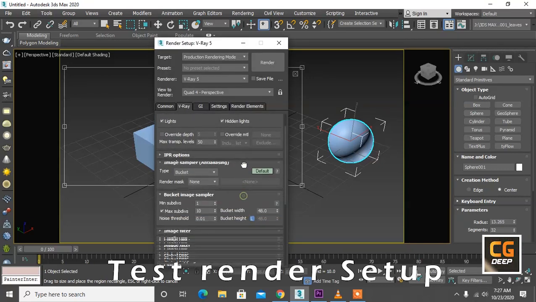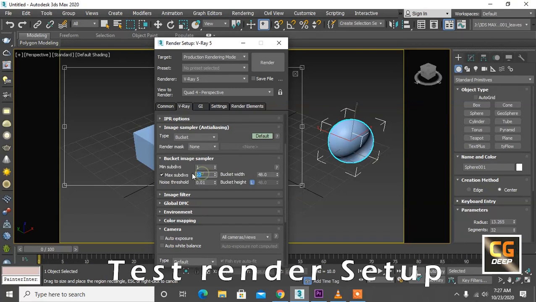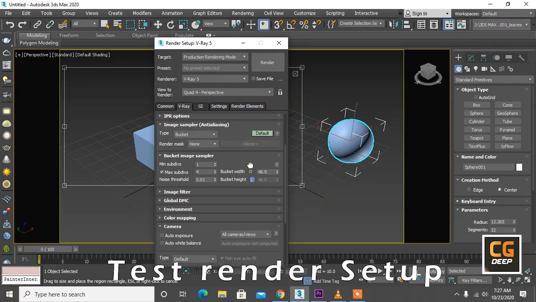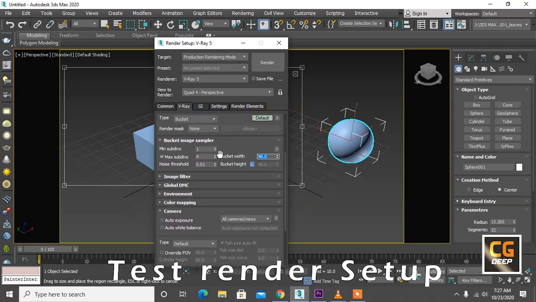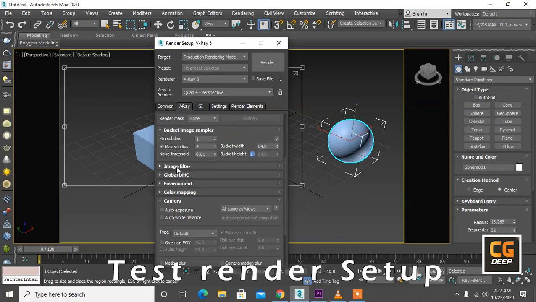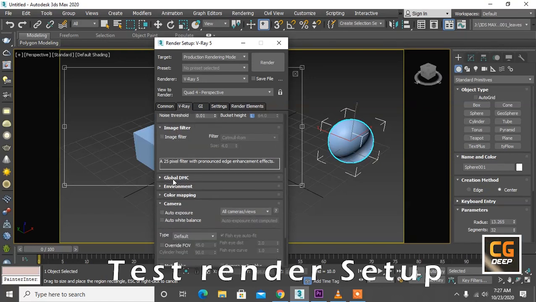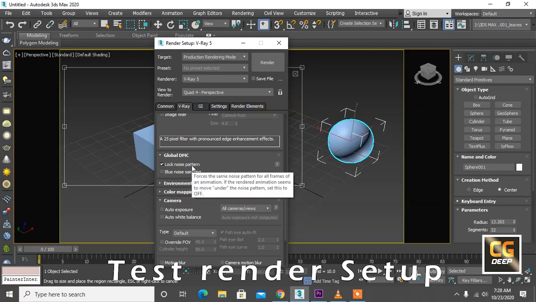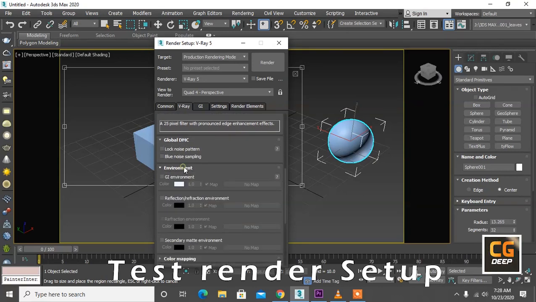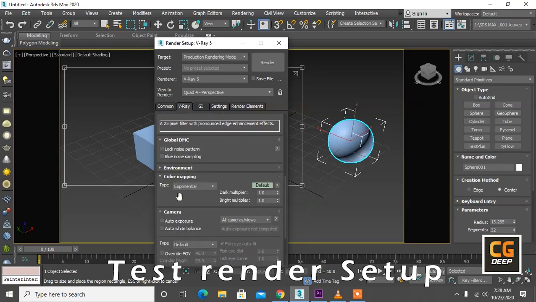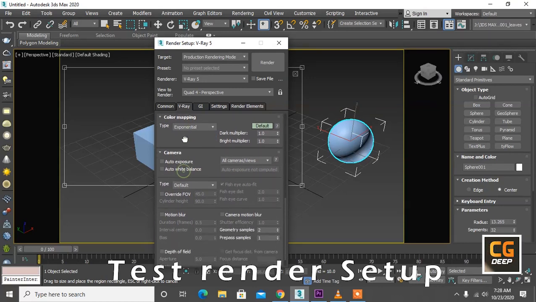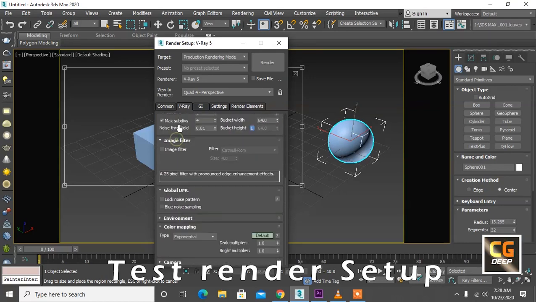After default I will select 1/4, and the noise threshold is good, and bucket width and bucket height are good, right? You can select 58 or 64. Is it good for test render? And for image filtering, disable image filtering for test render. Global DMC, and uncheck the noise pattern. Environment, no environment, color mapping, just select exponential, it is very good, and no other camera setting.